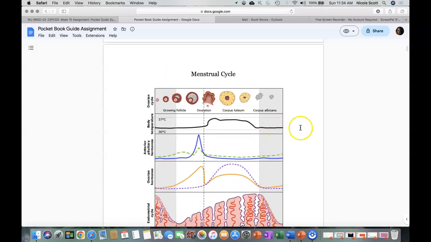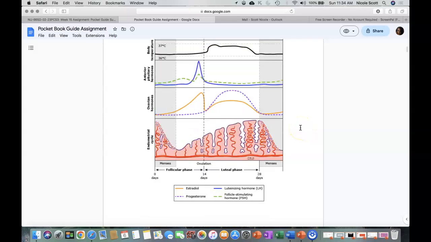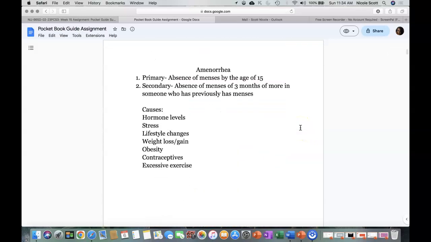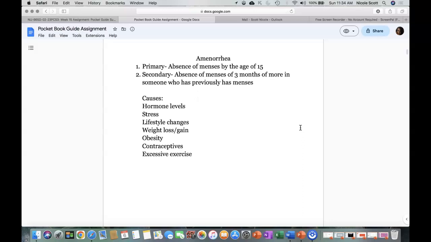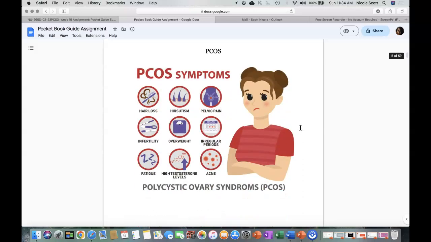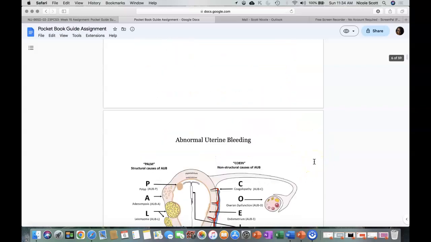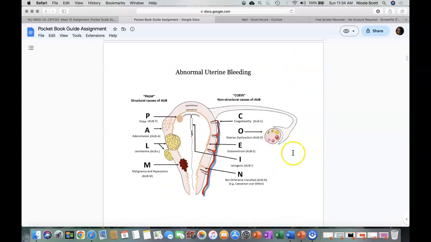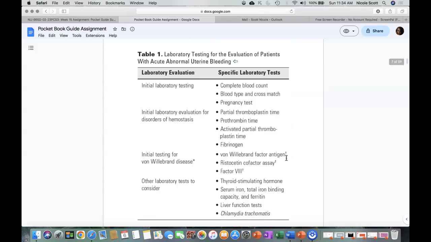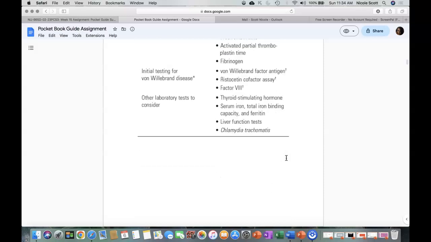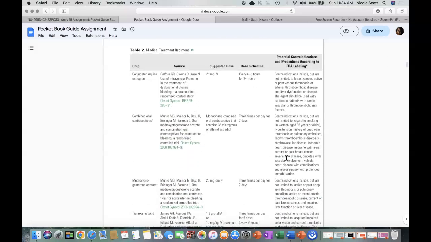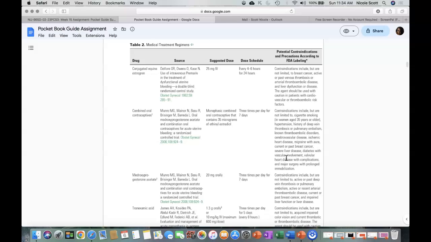So menstrual cycle first, and we have some pictures here, just scripting everything. Amenorrhea, primary, secondary, along with causes. PCOS, really good overview of symptoms. AUB with the PALM-COEIN acronym, along with lab testing for evaluation of patients with acute AUB, what we're looking for, medical treatment regimens as well,